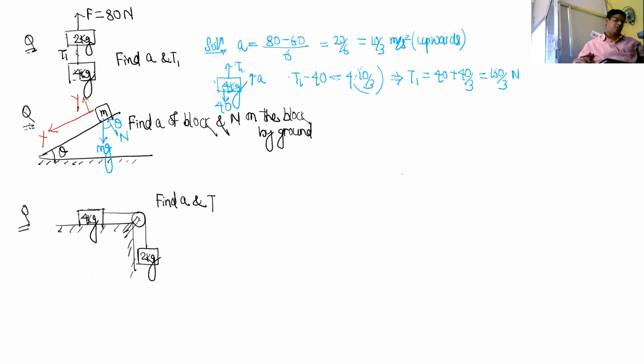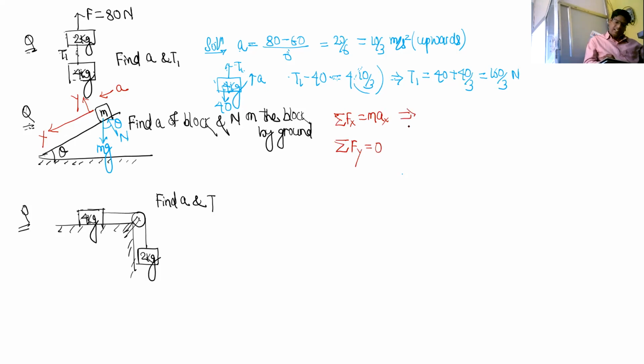And still, if you have to choose a z-axis, then sometimes perpendicular to both x and y you can choose, but that's not required. And now I will see that this body is moving in the x direction. So along the x direction it is accelerating, so the equation will be Fx equal to ma. But along the y direction it is not moving, so along the y direction the equation will be net force equal to 0.